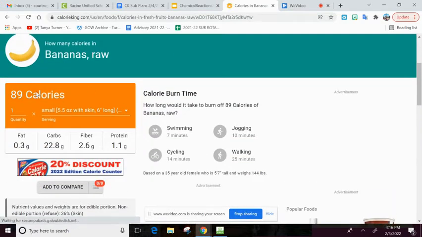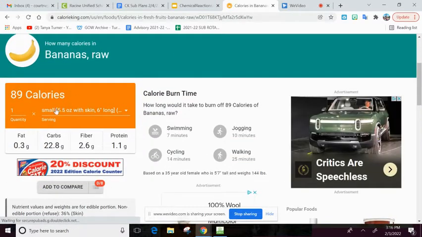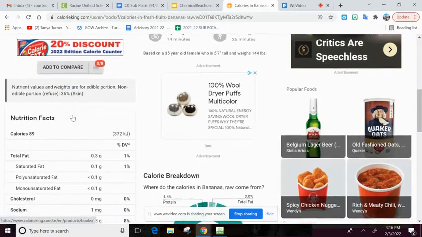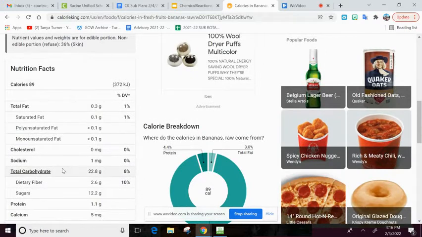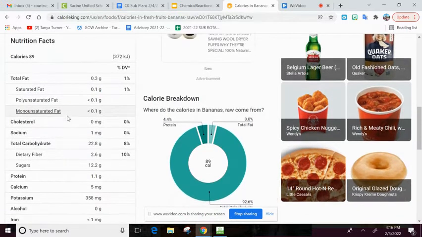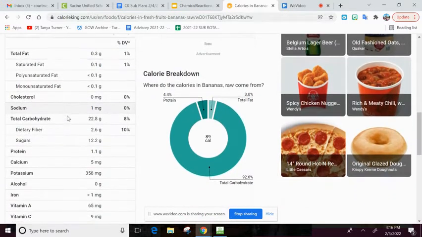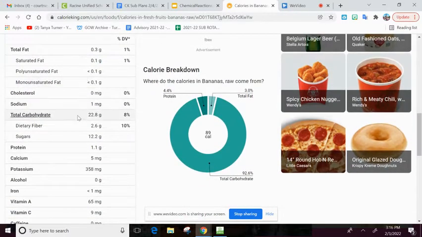We don't want that. We want to look at what it's made up of. So we're going to ignore how many calories and all that is and scroll down to the nutrition facts. Again, calories are at the top, and then it lists total fat, cholesterol, sodium, total carbohydrates, protein, calcium, all that kind of stuff. So we want to look for the biggest number in grams. You just scroll down and see which one has the highest whole number.